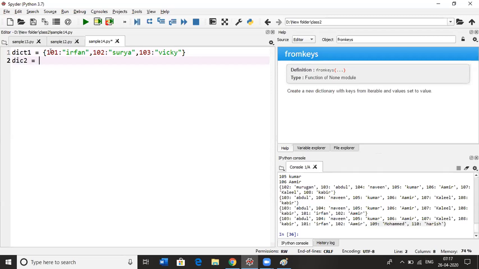Let's say this is a passenger ID and this is a passenger name, and that passenger is going somewhere. 101 is going to HYD, Hyderabad, and 102 is going to Delhi, and 103 is going to TN.